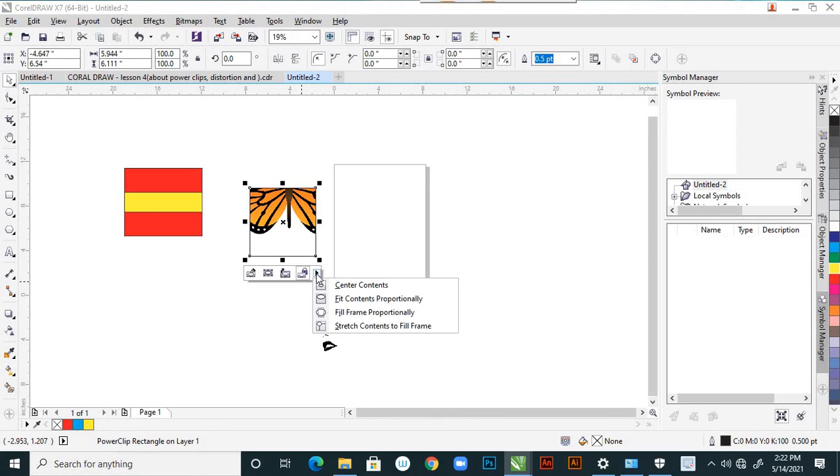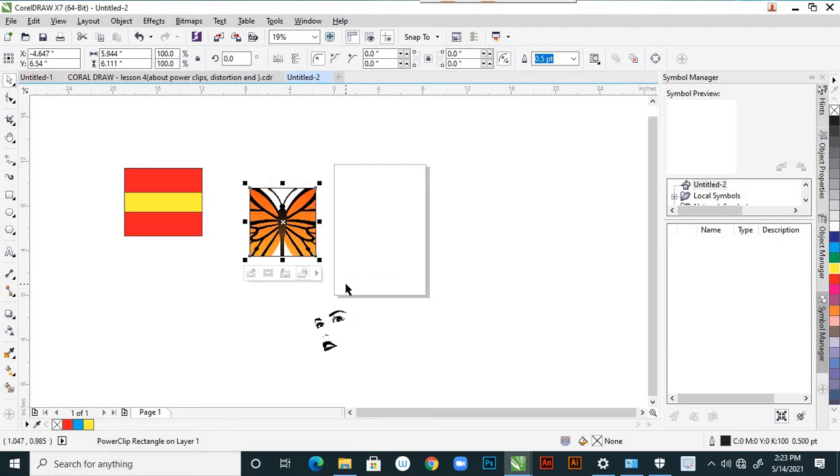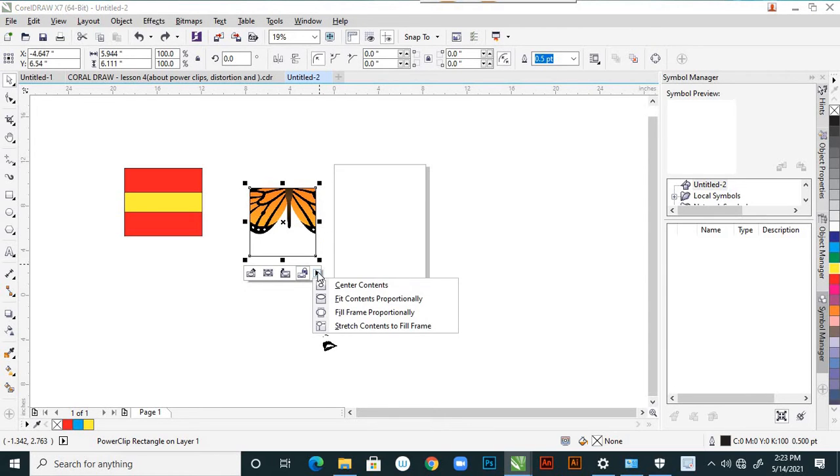And again here, if you see Center Contents, the Center Contents option is there, and Fit Contents. If I click Center Contents, see, the contents reach the center. So Control Z. Then Fit Contents Proportionally.